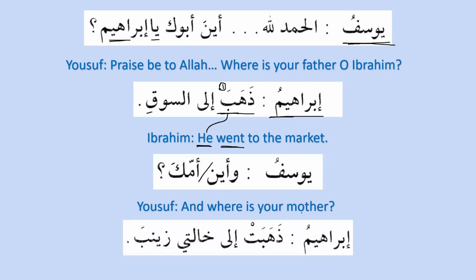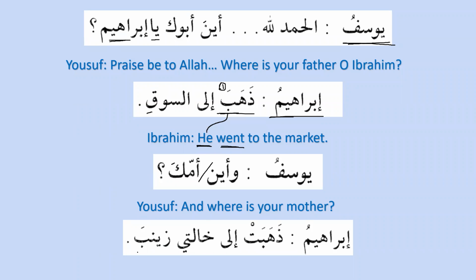Dhahabat ila khalati Zainaba, she went to my aunt Zainab. For the masculine, we use third person masculine singular, we use dhahaba, and for the third person singular feminine, we use dhahabat, she went. Ila, to. Khalati is mudaf ilayh, to my aunt